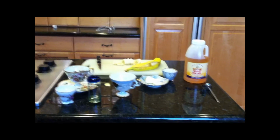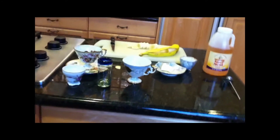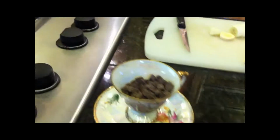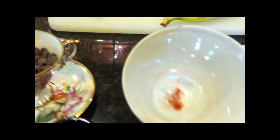Hi, today we're going to be making dark chocolate chili pepper sauce with caramelized bananas. For the bananas, you are going to be needing agave, brown sugar, butter, and obviously a banana. And for the chocolate sauce, you will be needing a little bit of cayenne pepper, not much, just like a pinch,